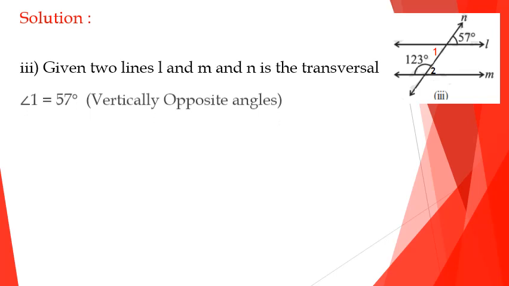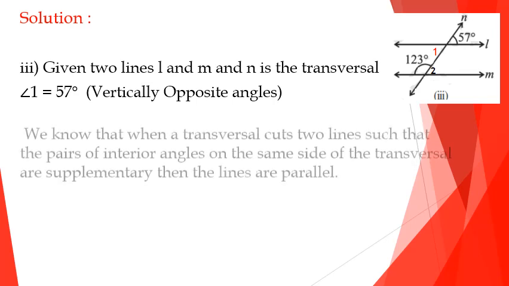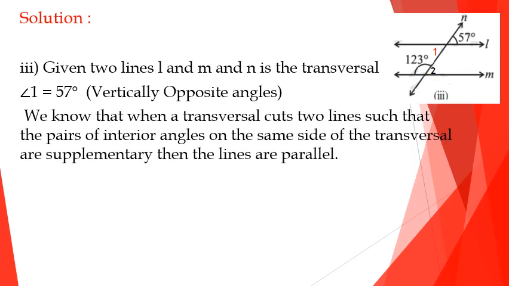In that case, you get angle 2 as 57 degrees and the given angle is also 57 degrees. Both are corresponding angles. So we can write 57 equals angle 2, that is 57 equals 57. That means corresponding angles are equal, hence the given lines are parallel. Or you can mark angle 1 opposite to 57 degrees. So what is the measure of angle 1? Angle 1 equals 57 degrees. Why? Because they are vertically opposite angles.